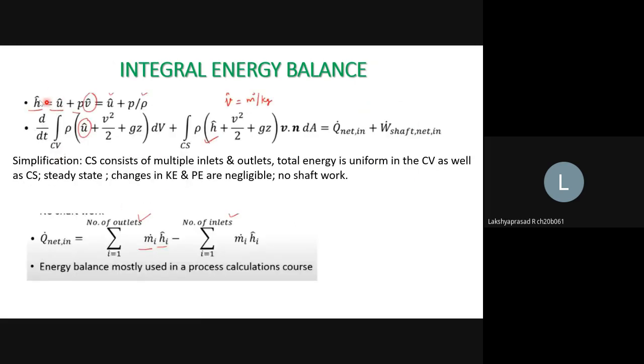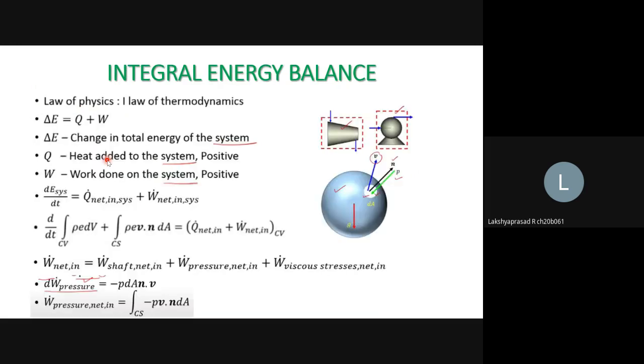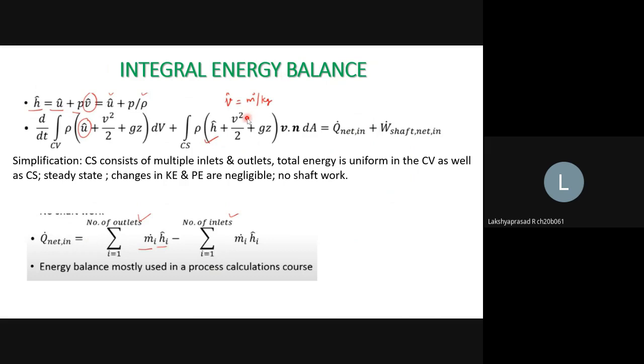Moving on, we know that specific enthalpy is equal to specific internal energy plus P times V cap, the specific volume, which can be written as shown, U cap plus P by rho. And therefore, we'll replace, of course, we know what e is. What we do is take the work done due to pressure, W dot pressure, substitute it here, and take it to the left-hand side.